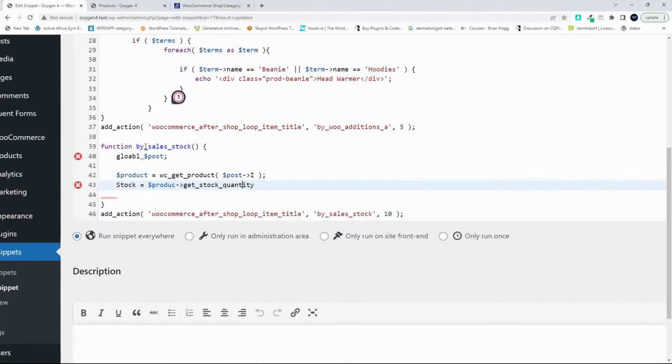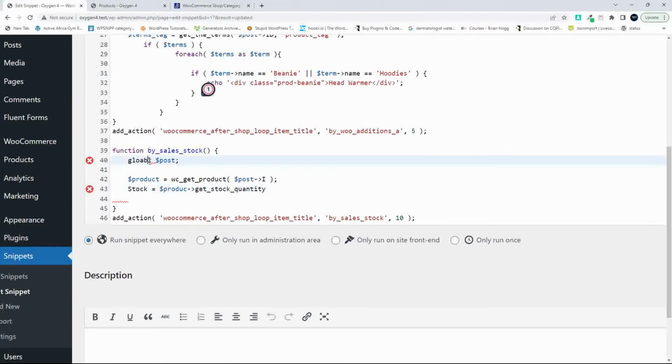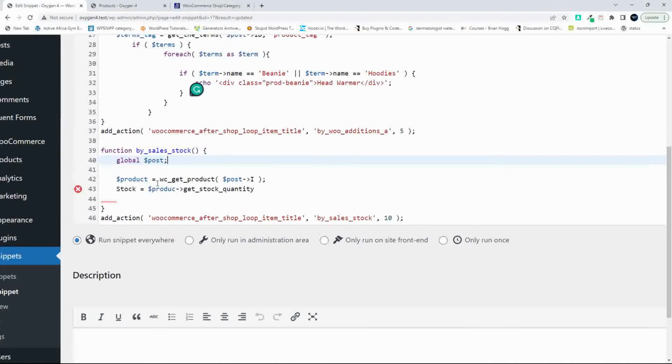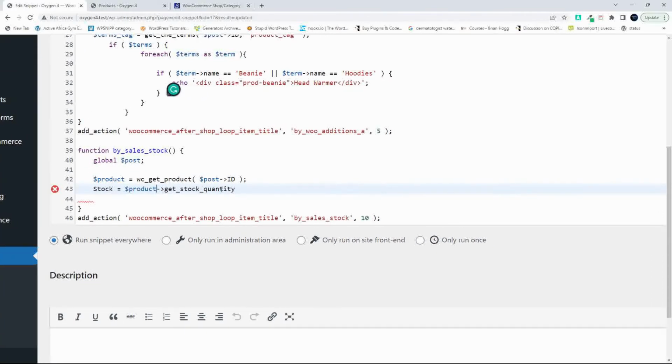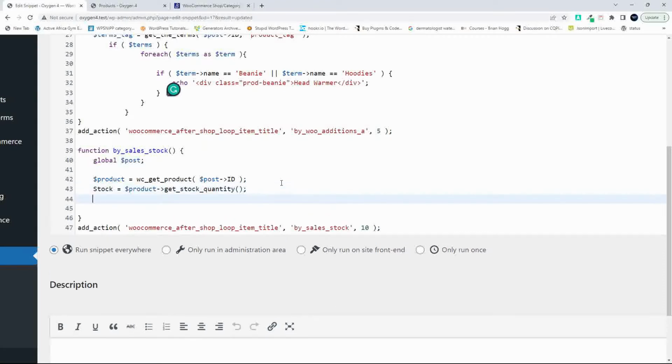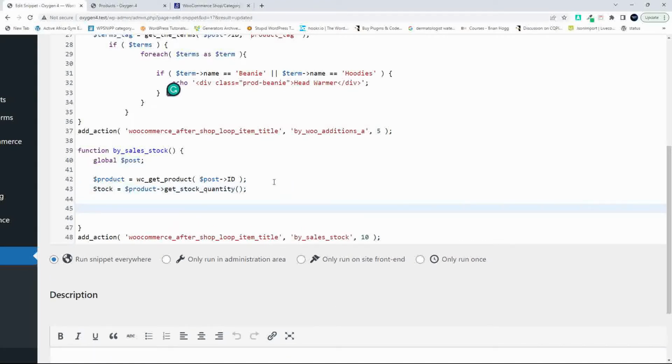So let's just fix that spelling mistake there. Alright, so we get the global post variable. We then get the product information by the post ID. Then we say the stock is equal to the product, and we say get stock quantity, and I can just close those brackets. So now we have the stock quantity, and now we need to apply it,